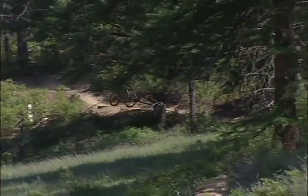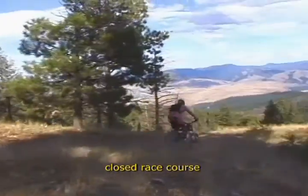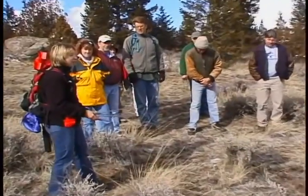Cross-country riders are looking for long rides to increase their endurance. Downhill riders are seeking speed and technical challenge. Free riders want the thrills and excitement of conquering challenges. Or even for hikers. A lot of hikers are looking for...